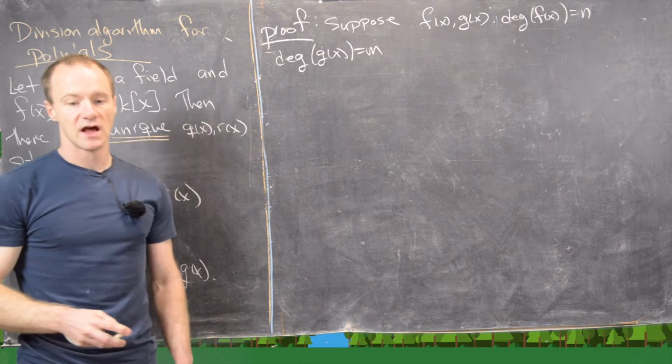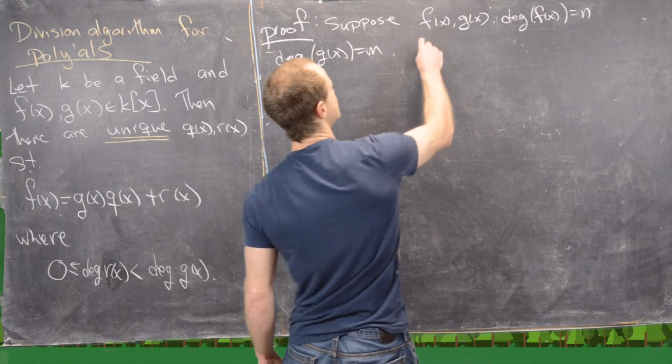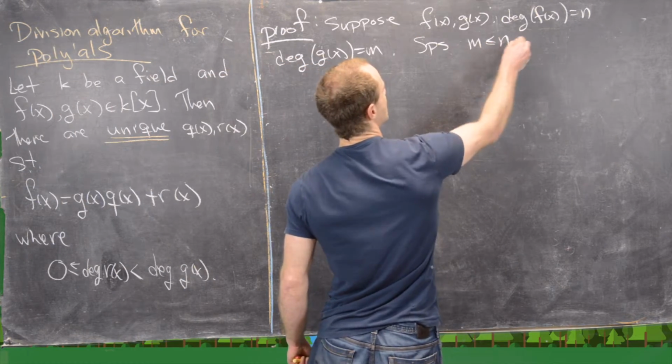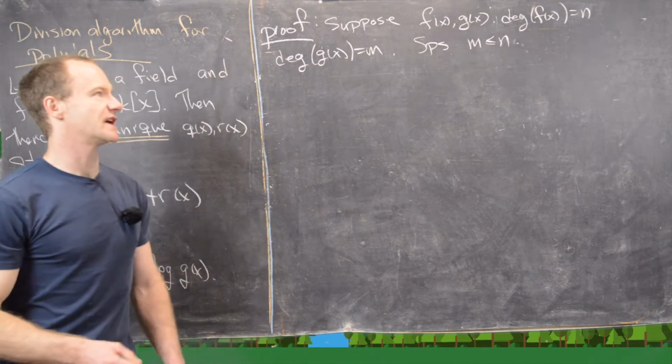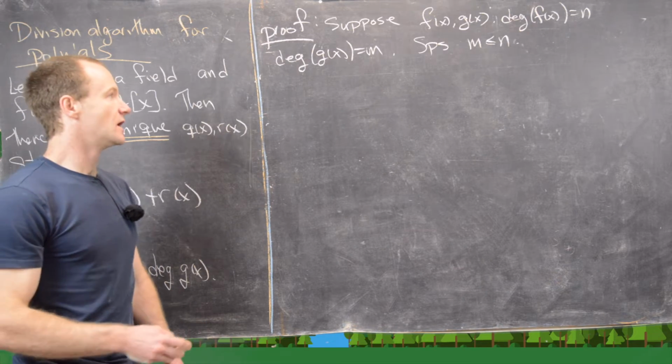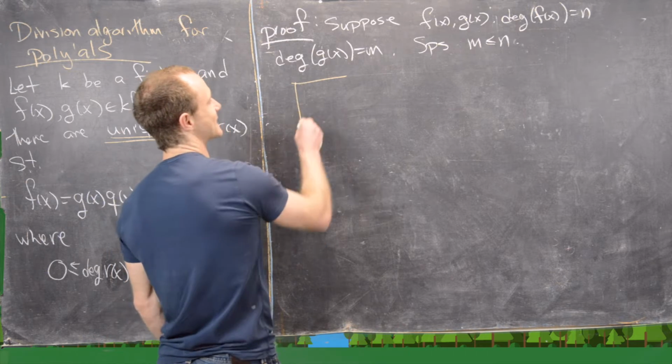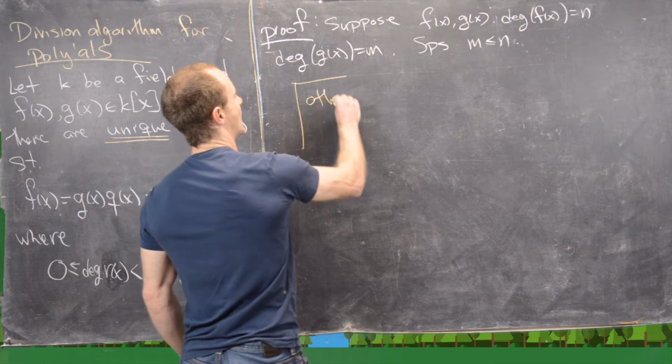Great. And then let's go ahead and also suppose that m is less than or equal to n. Because notice the other case is pretty boring, and maybe let's sketch that out real quick. So why are we making that supposition? So otherwise,